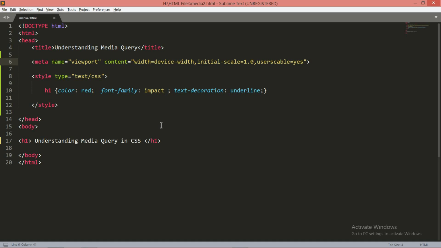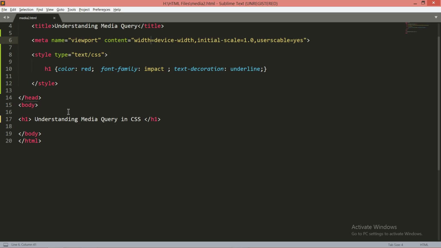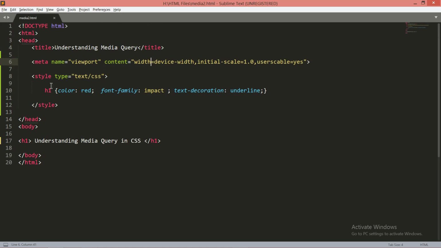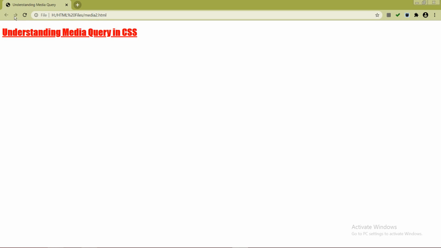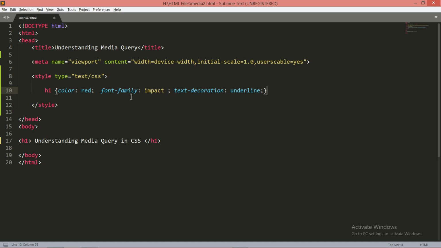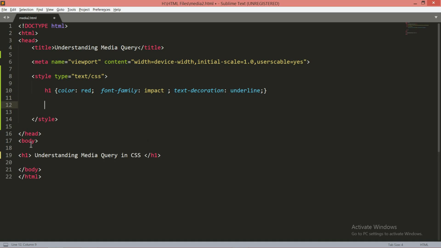Now in this video, you can see that within the body tag, I have given an h1 tag, "Understanding Media Queries in CSS", and these are the properties of my heading tag. You can see the preview of this particular page. Now what I want is to set different properties of this heading tag which will be applicable on different screen resolutions. For that, what you have to do,